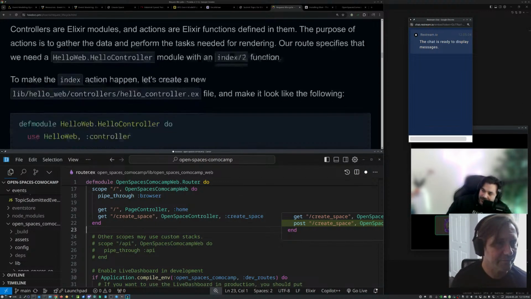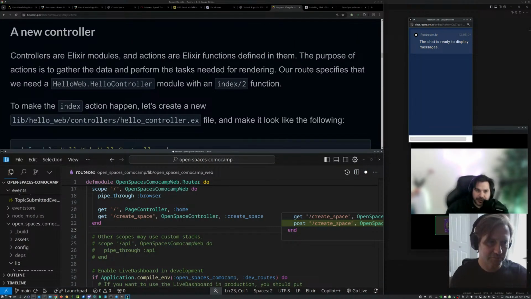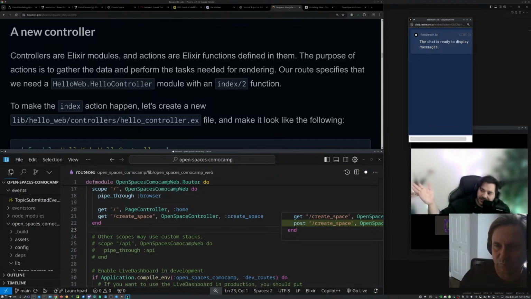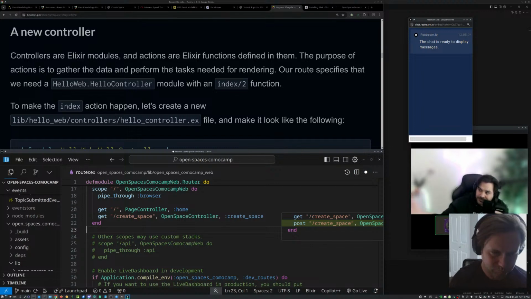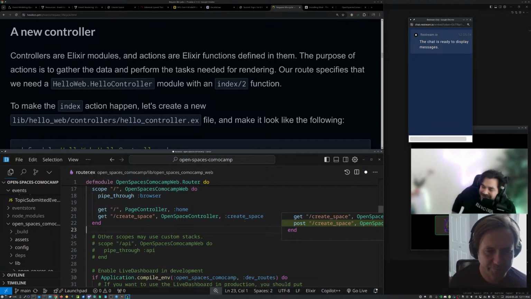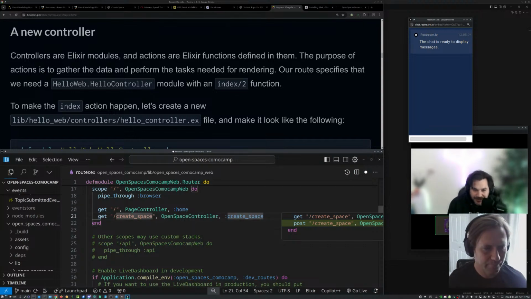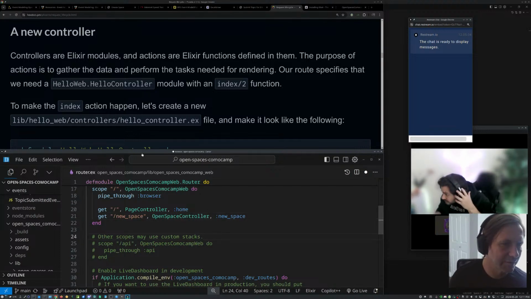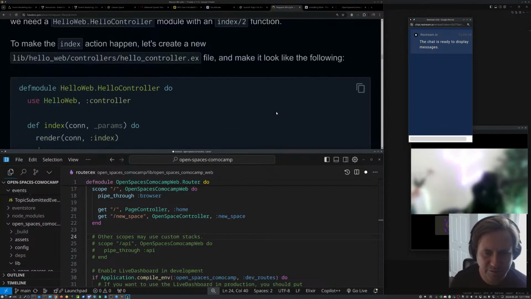Normally there is a convention that comes from Rails. You don't have to follow it, but the Rails convention is that a get to a form is called new instead of create space. Oh, new. Yeah, that convention comes from Rails, and other people who do RESTful resources use it. New space. You don't have to follow it, but I might as well not stray too far from conventions, so it'll make sense.